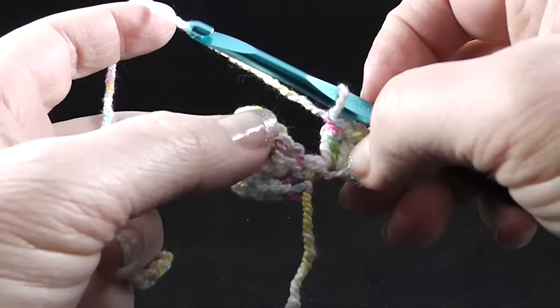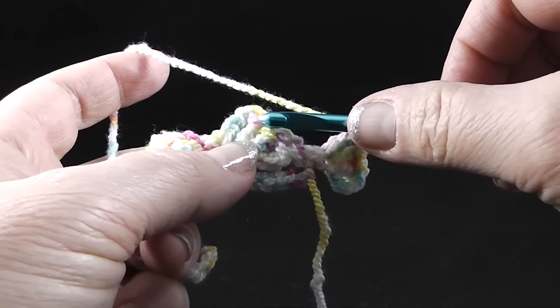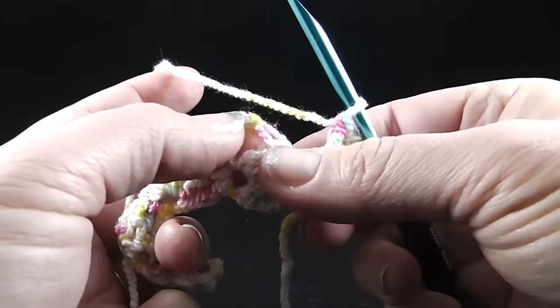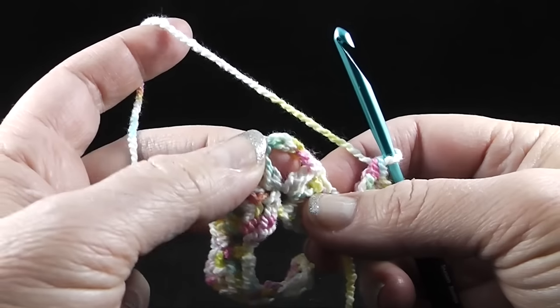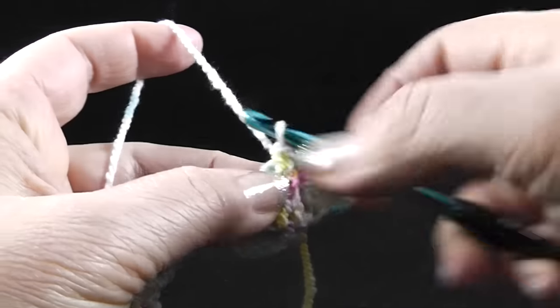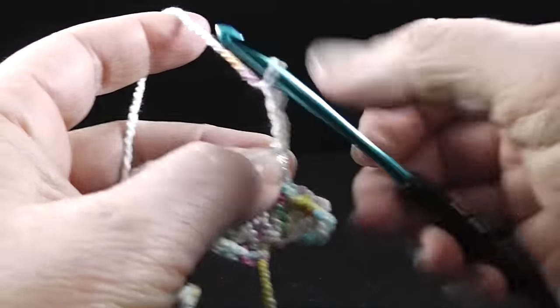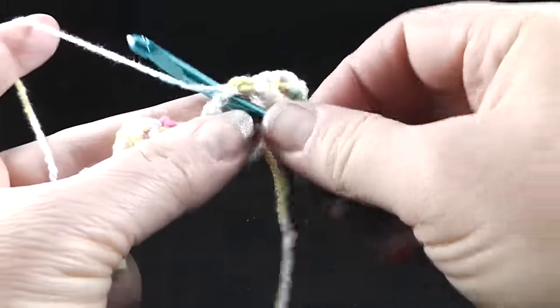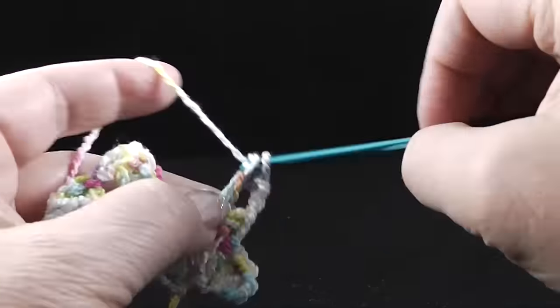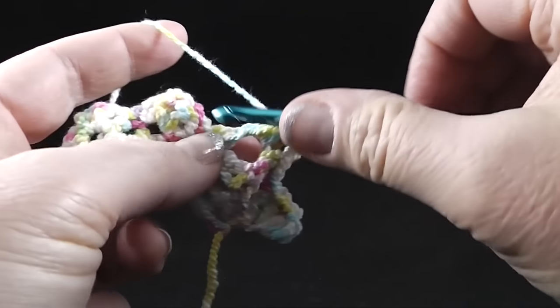Okay, and after we do that, we're going to skip the single crochet and the 3 double crochets. We're not going to work in those, but we're actually going to be working in this chain 3 over here. We're going to work a single crochet, chain 3, 1, 2, 3, and 3 double crochets. 1, 2,